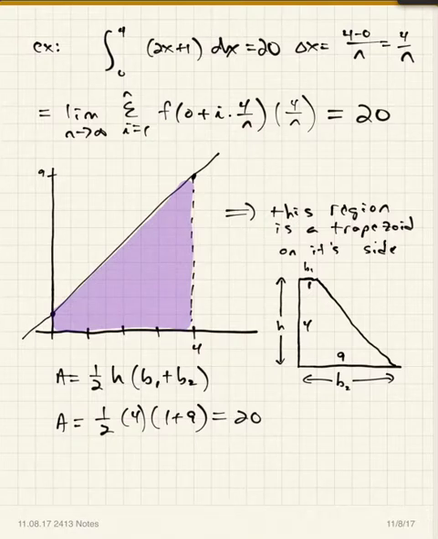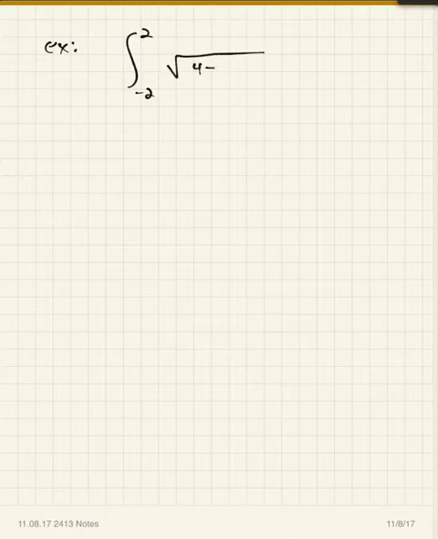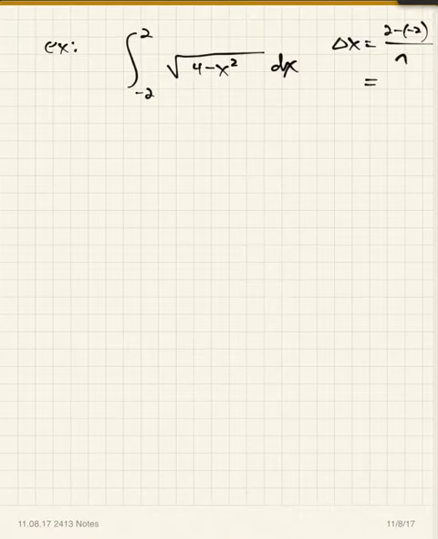All right, look at this problem right here. Let's say we have the integral from -2 to 2 of the square root of 4 minus x squared dx. Let's first write out the limit of the sum for this integral. Delta x would be 2 minus -2 over n, and so that would be 4 over n. And so the area as the limit of a sum would be the limit as n goes to infinity of